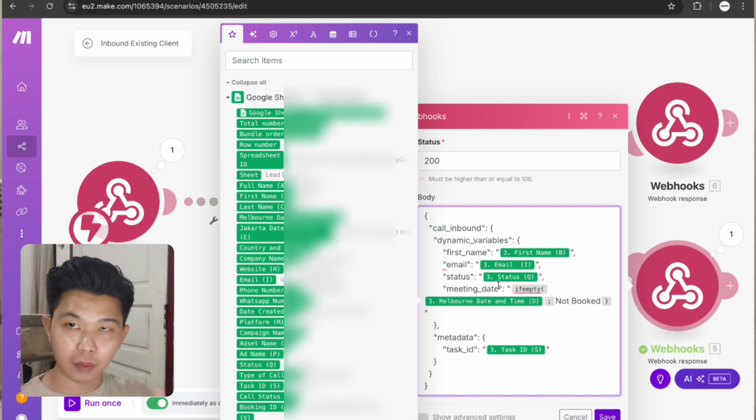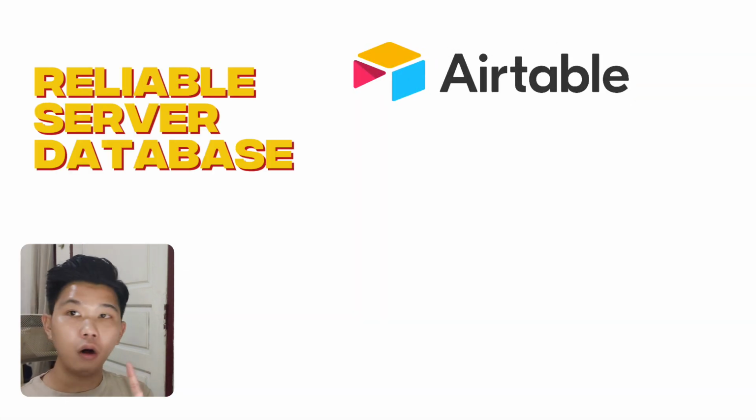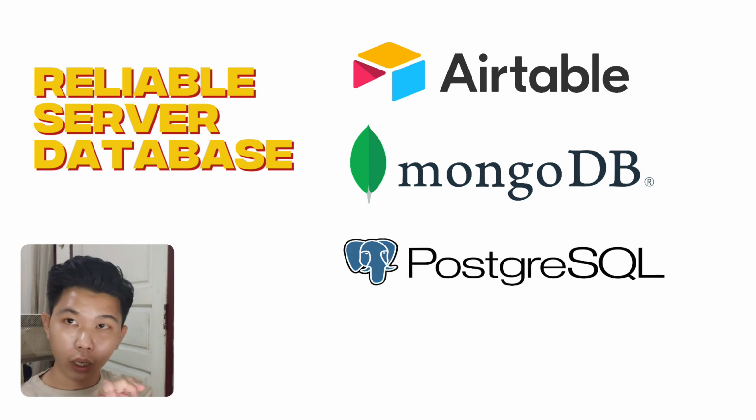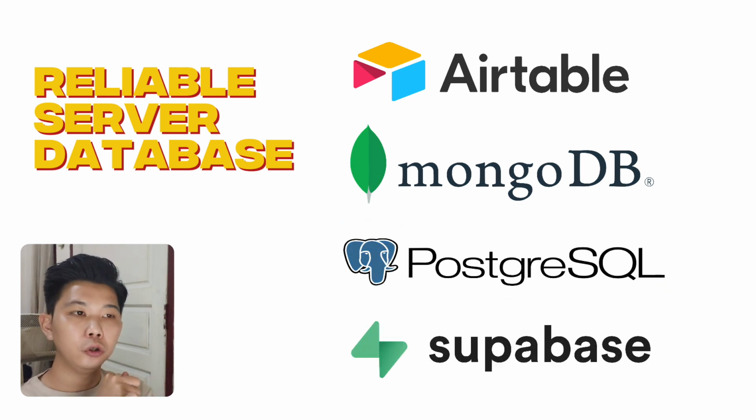If you have a large database, then you need to consider using a server, let's say Airtable, MongoDB, or Postgres SQL. You need to use a server for that, because why? Google Sheets will not handle it. It will just lag if there is too much data. That's the consideration when you are using Google Sheets. If you don't have many leads and you don't have much customer data, that's fine. But if you have big data, let's say medium or large company data, like 10,000 user records or 50,000 user records,